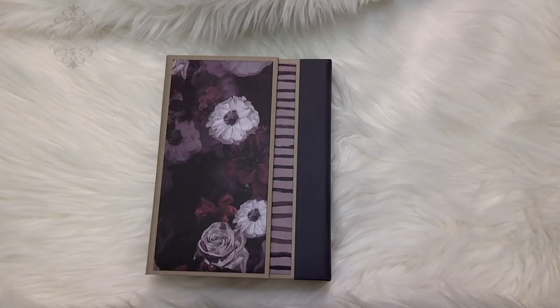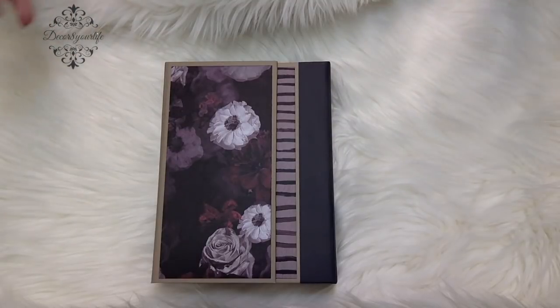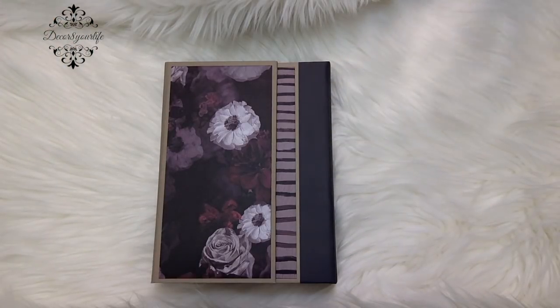Today, I'm sharing an October daily with you. This October daily is done in a folio style. I just love making folios so much, and I tell you, if you haven't tried one yet, you have to try one. If you love paper crafting, if you have a passion for mini albums like I do, these are so super easy to make, and they don't even take a third of the time of a mini